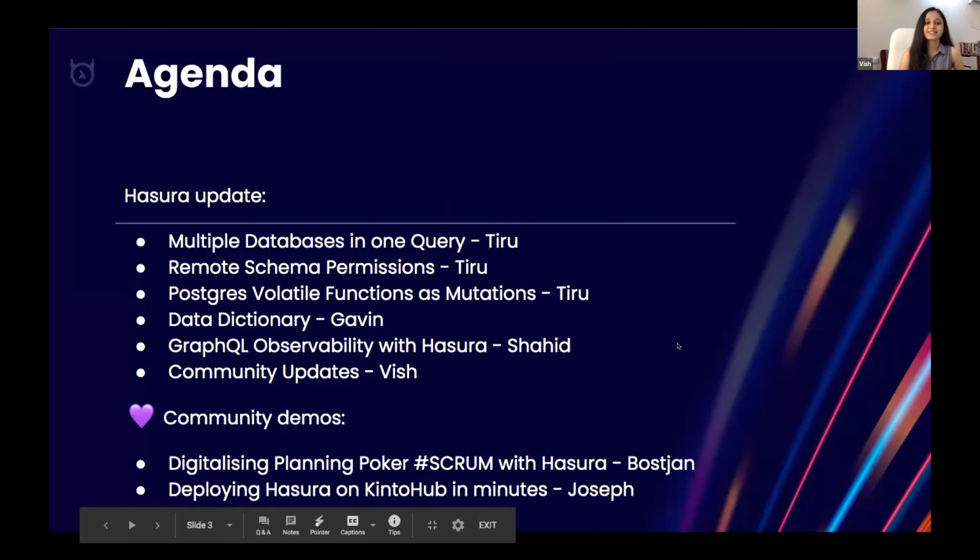Let me stop sharing my screen and see if Tiru is here. Okay, while we wait for Tiru, I'll share my screen again and tell you briefly about today's agenda, which is